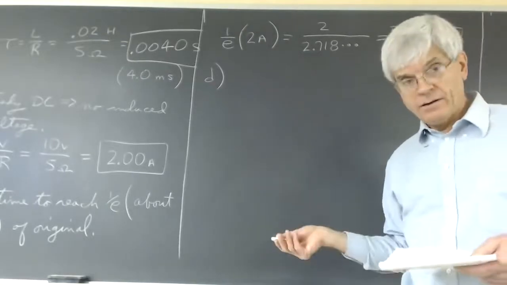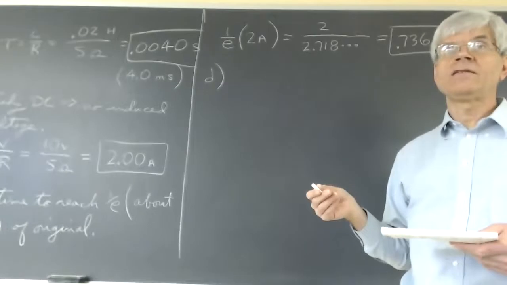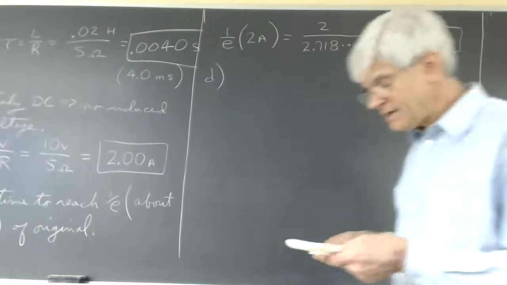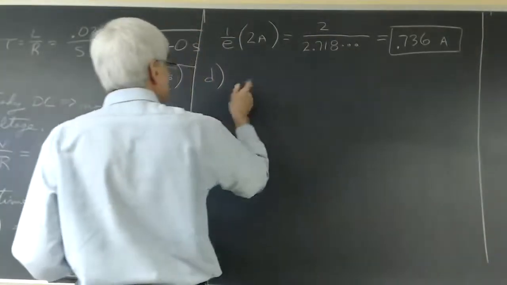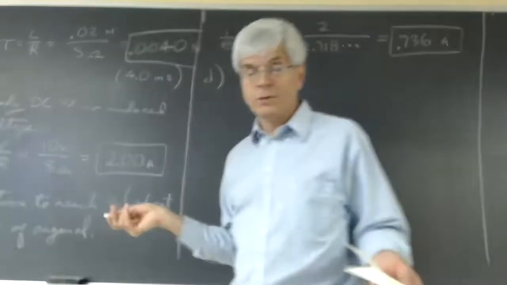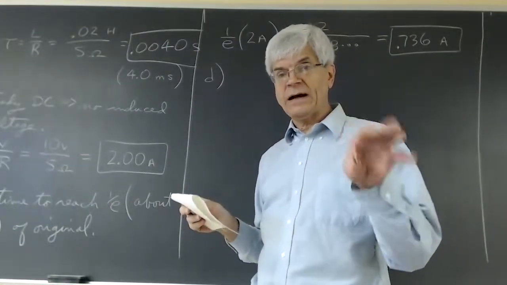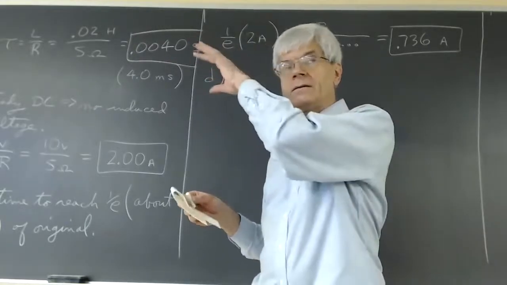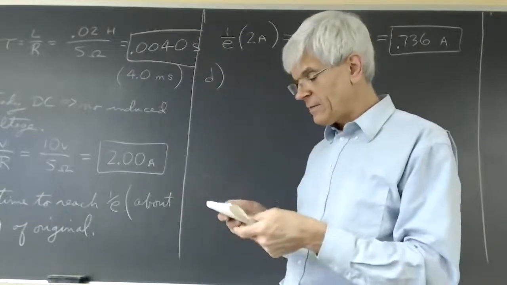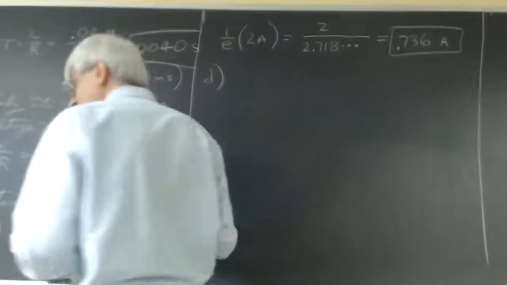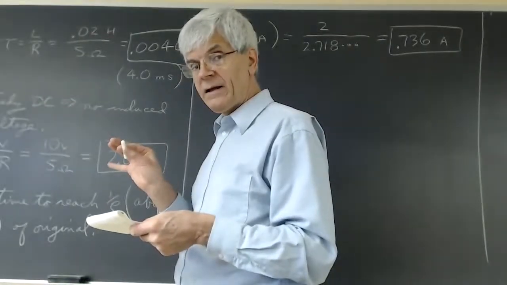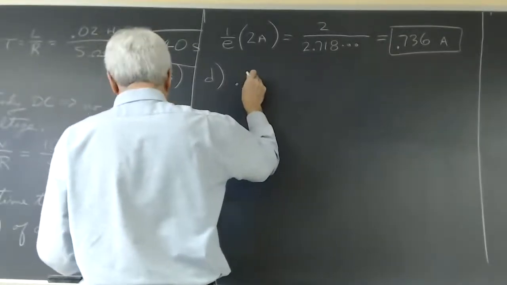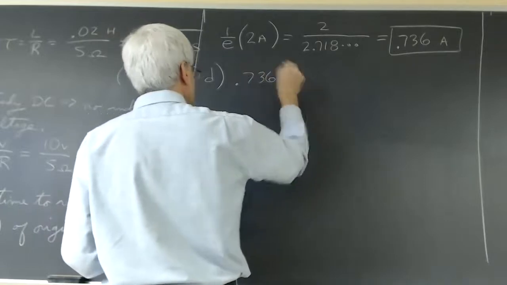After another time constant, the current will have been reduced by another factor of 1 over e. So here again, there's a couple of ways you could do it. You could use that function where I equals I0 e to the negative t over tau. You could calculate the answer from that. Or if you want to just focus on the basic idea of what the time constant means, the previous answer, 0.736 of an amp,